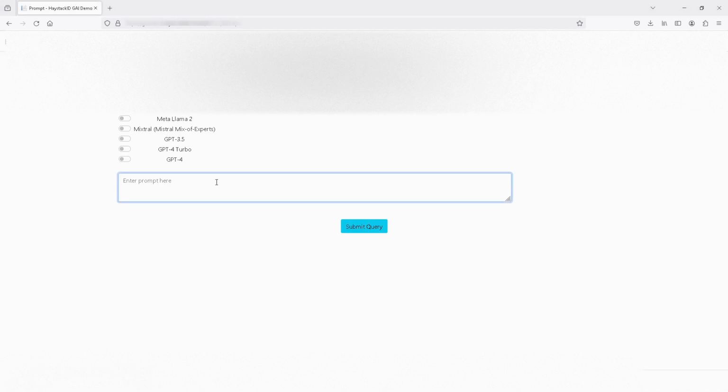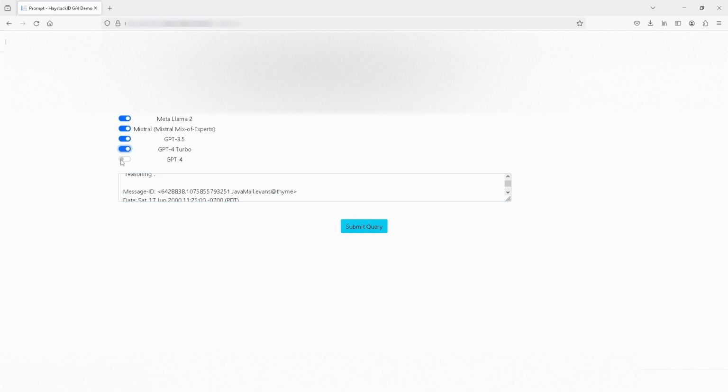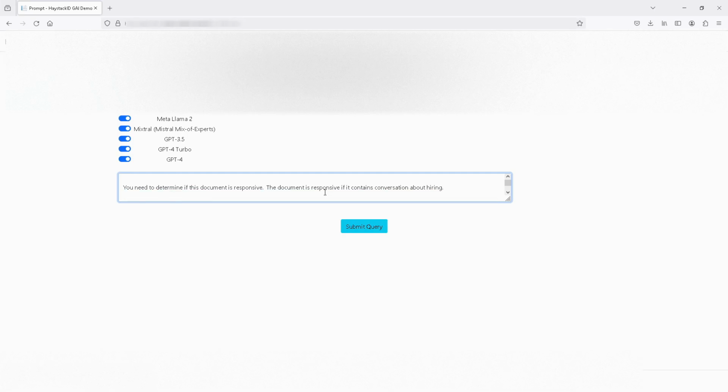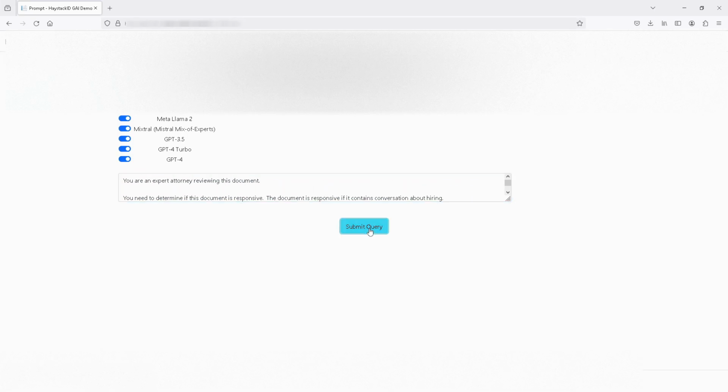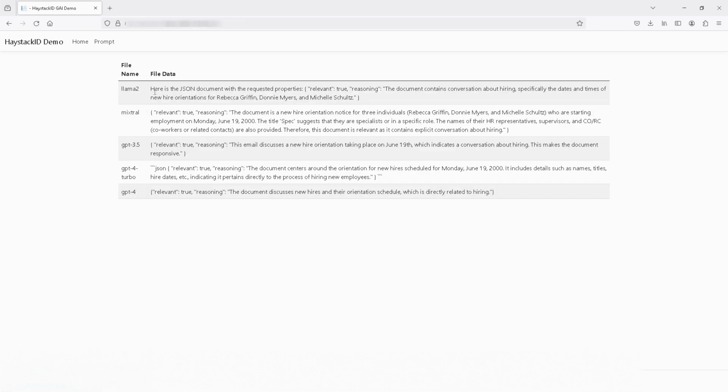I'm just going to paste in that prompt with the document that I created earlier, and I'm going to tell this to run against all 5 models. Just tell me what all 5 of these think about this document, and then we'll see the actual result that we get. It takes a couple of seconds for a document to run through, which is something we'll discuss a little later in the presentation in terms of how review works. But okay,